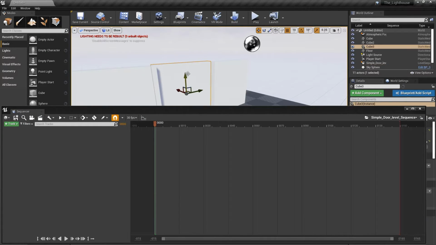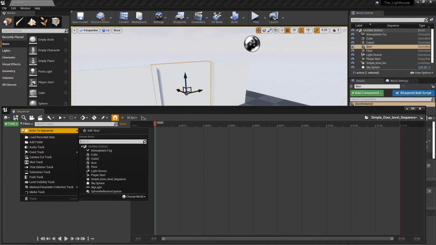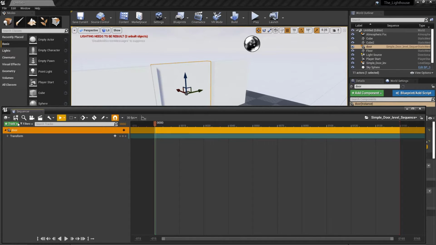Now, I'm going to select this here, Cube 3, which in actual fact, just to make things easier for us, we're going to call door, okay? And if I just right click here, add to sequencer, I can add door. And now I've got this track, and I've got this transform. Okay, and the transform is going to allow me to do all sorts of cool things, like move it around and stuff like that. Well, I can move it around anyway, but